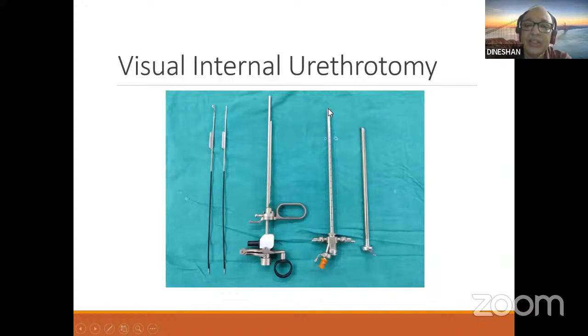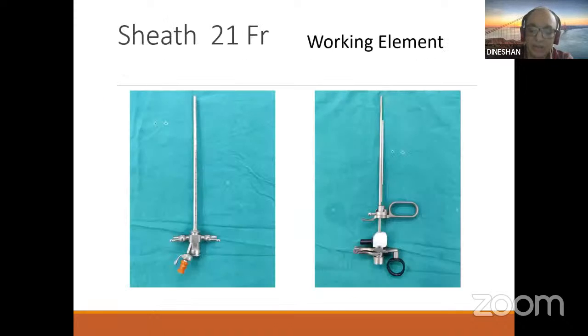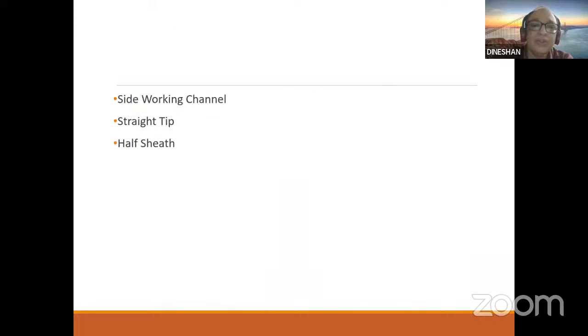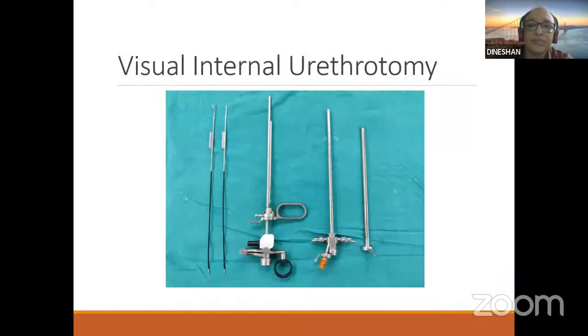Otherwise, introduction of this sheath will damage the urethra. So always introduce it with the obturator into the anterior urethra, beyond the meatus, then change it and pass the working element with the blade assembly, so that you will not injure the urethra.